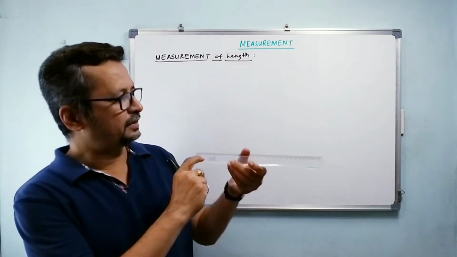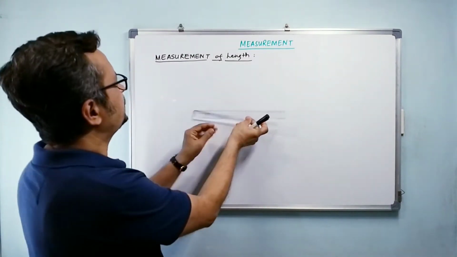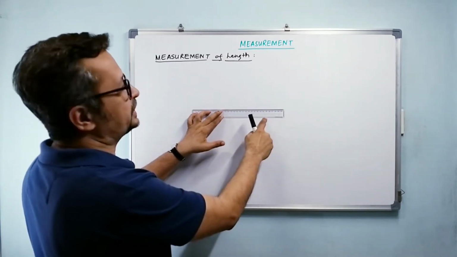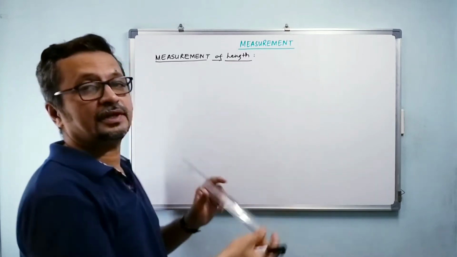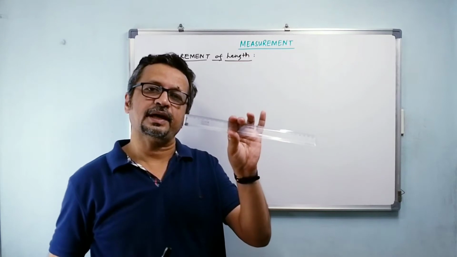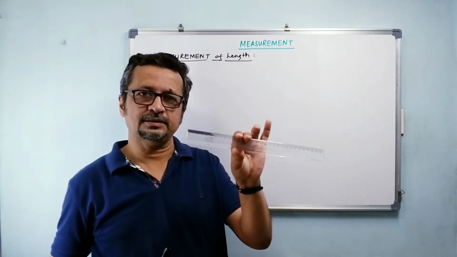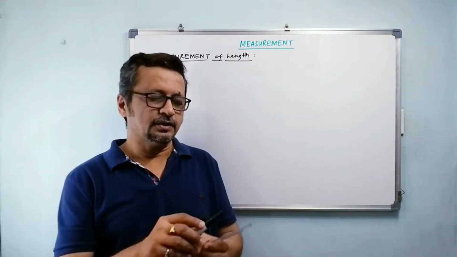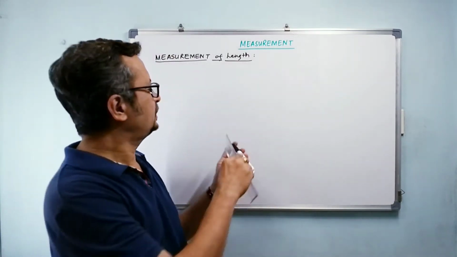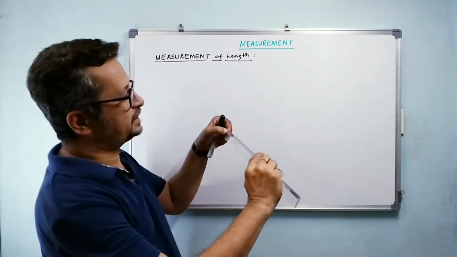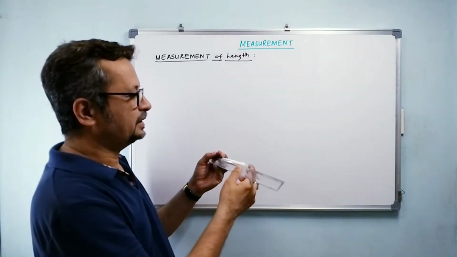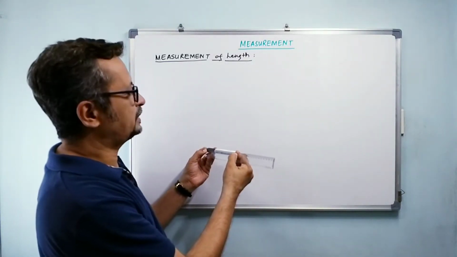Now here, if you can see, I'll show it here. I have centimeter markings here and inches over here, and centimeter is further divided into millimeters, correct? So the smallest measurement that I can make with this is 1 millimeter. Now, to measure the entire length of this marker, I'll coincide 0 with one end of this marker,